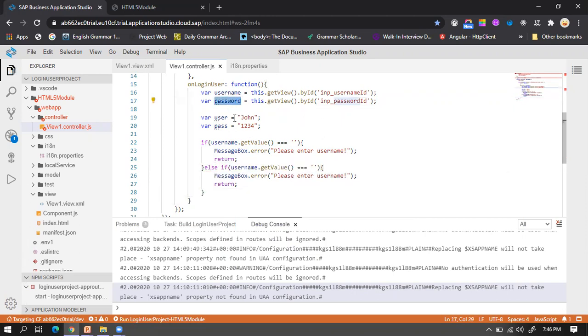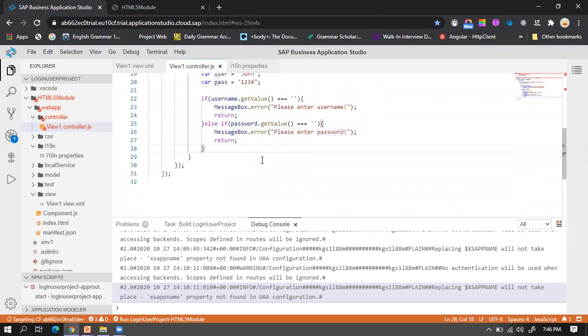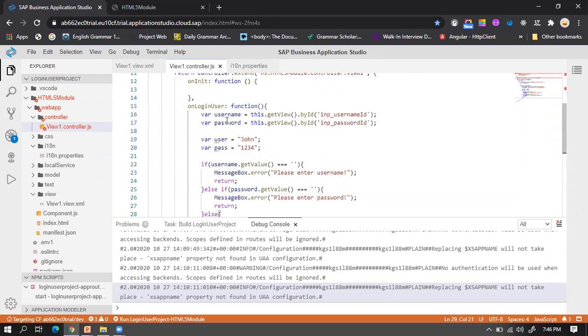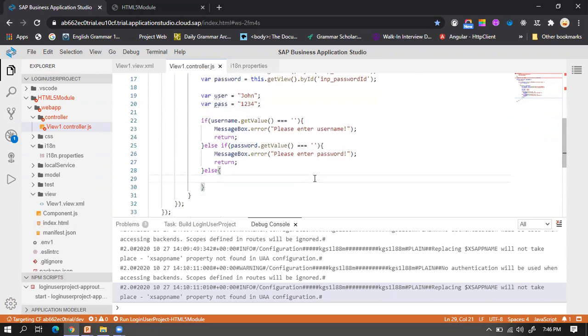If the value is null, "Please enter password". In the else, if the username is there and the password is also there, then we need to check this user with this username, and the password with this password.